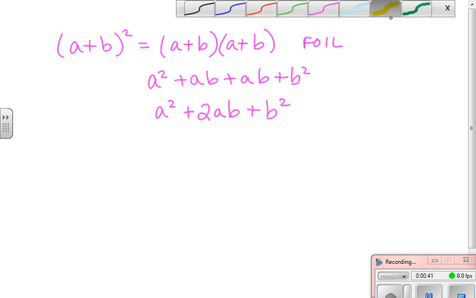And the key pieces right here are that you have your base, you have 2 times each of those bases, and you have your other base. Now, the beginning and the end of those bases are raised to powers. If we look at a real number example, like a plus 3, the quantity squared, we could FOIL this out